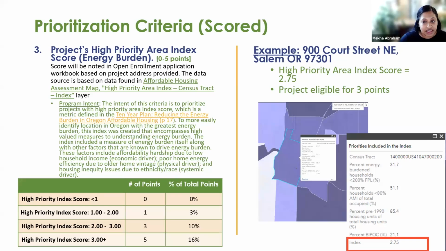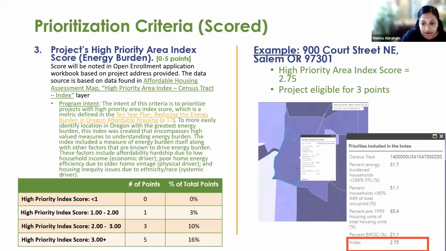This index was created to more easily identify locations in Oregon with the greatest energy burden. It includes a measure of energy burden itself, along with other factors that are known to drive energy burden. This includes affordability hardship due to low-income household income, which is an economic driver, core home energy efficiency due to the home vintage, which is a physical driver, and finally, housing inequity issues due to ethnicity and race, which